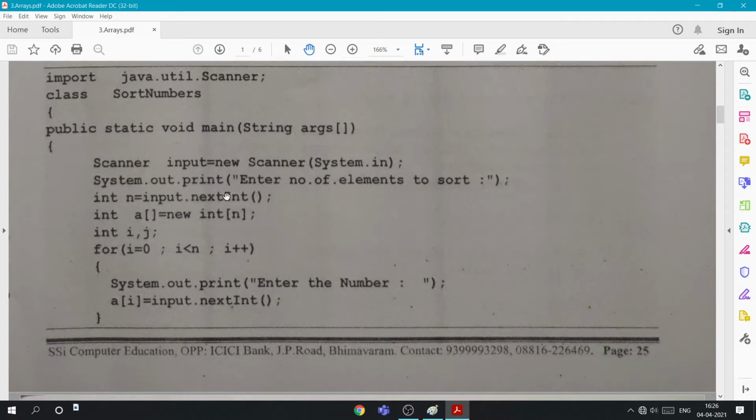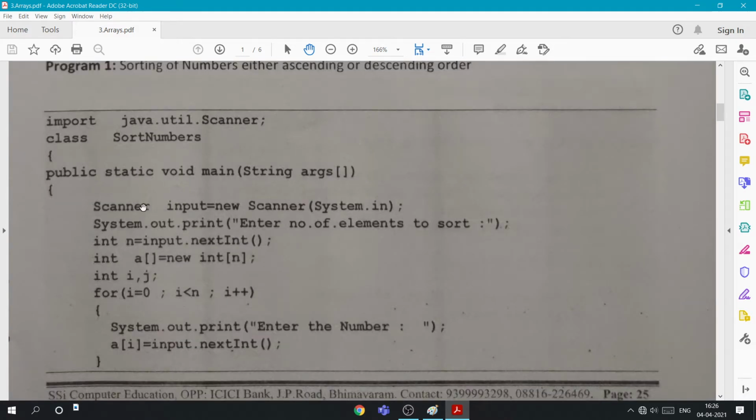System.out.print, enter number of elements to sort, int n. Here we are writing Scanner; we have imported the Scanner class, right? Scanner input equals new Scanner(System.in).